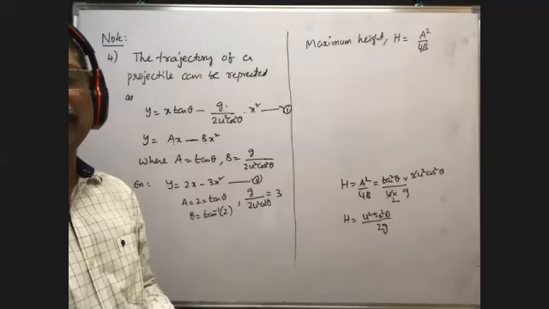U is known, theta is known, t is known. So you substitute here, you will get alpha, no? Alpha is known, v is known. When alpha and v are both known, then by using this formula we can find the radius of curvature. In this way, we can find the radius of curvature.